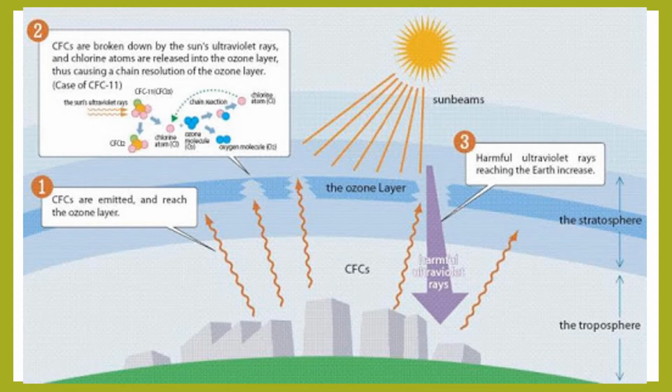Here's just another larger image about how these little breaks are happening, and we can see these harmful rays coming in through these holes in it and why it's so damaging. And you can see on the graphic where the CFCs pull apart the ozone and then they release a free chlorine, and then that chlorine frees up again because it releases to another chlorine, and it just keeps layering and